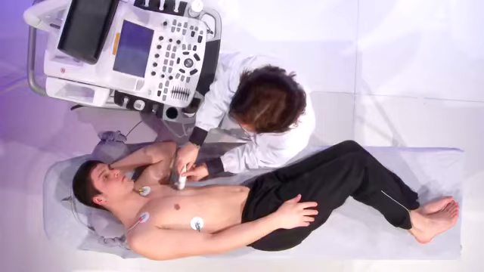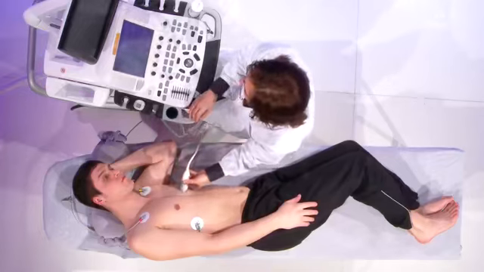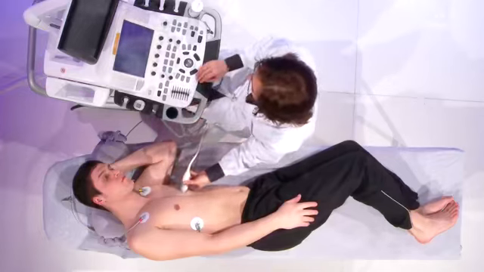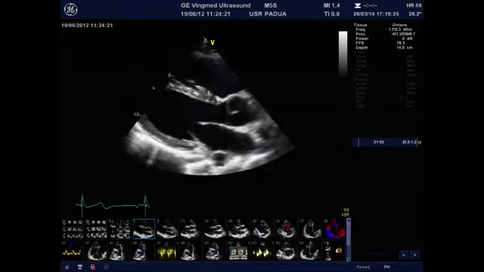So I will start with a parasternal long axis view, which shows me a normally contracting left ventricle, a morphologically normal mitral valve and aorta. You can see that the right ventricular outflow tract is significantly enlarged, and there is also a hyperechogenic part here